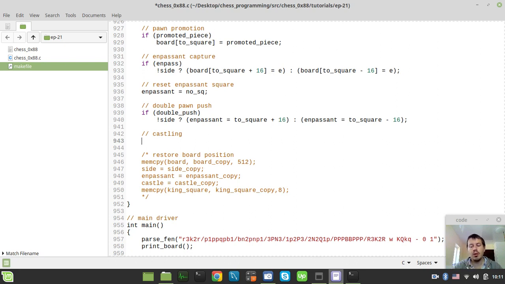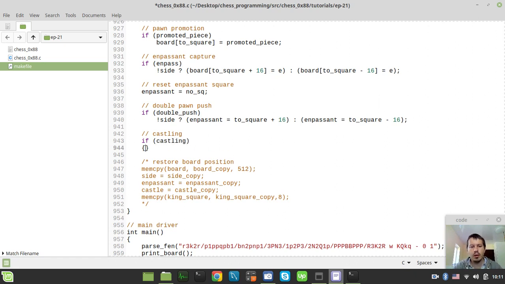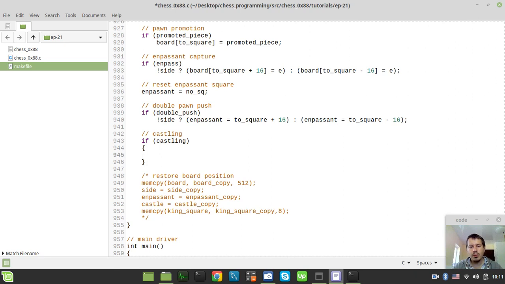So depending on the target square, first thing to consider, obviously, we need to match if this move is a castling move. So I want to say if castling, so only in this case the further code would fire. And within this castling, I just want to switch the target square, or to square, how it's called here,